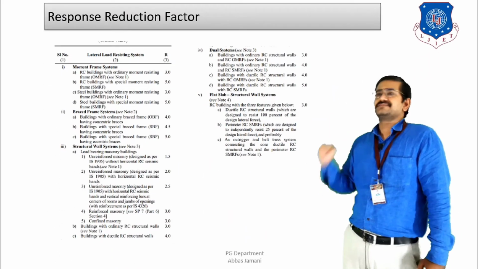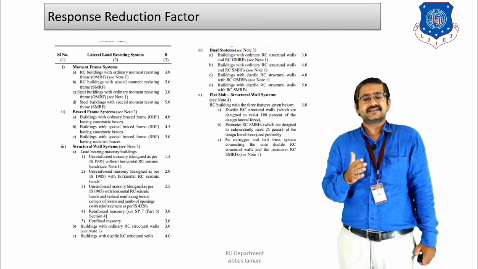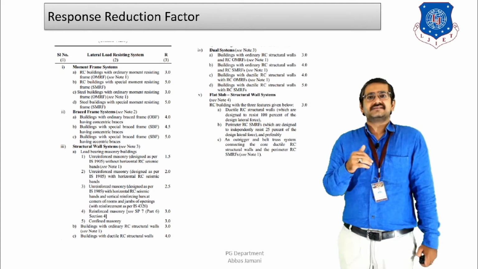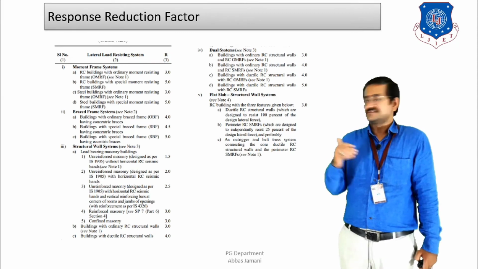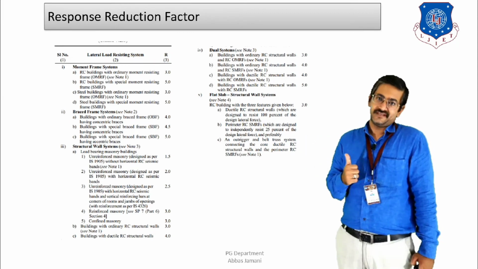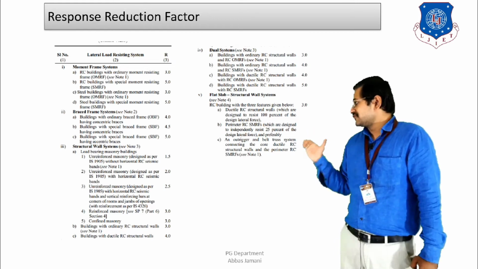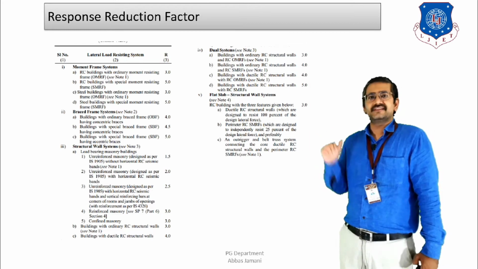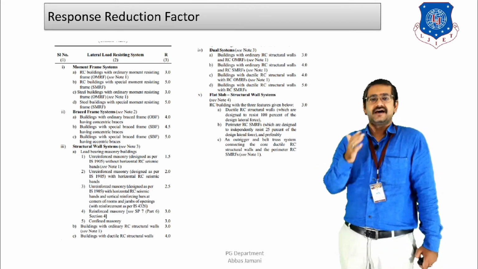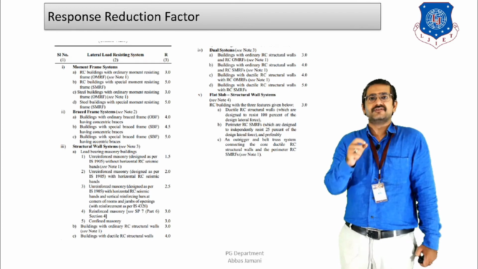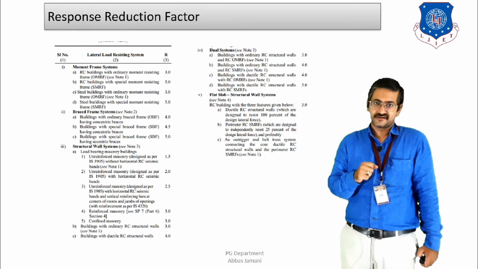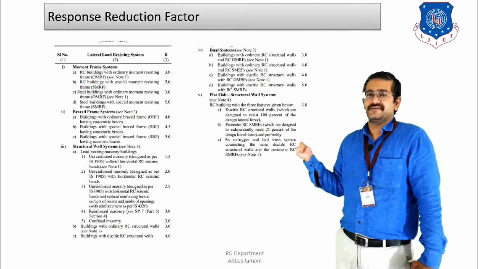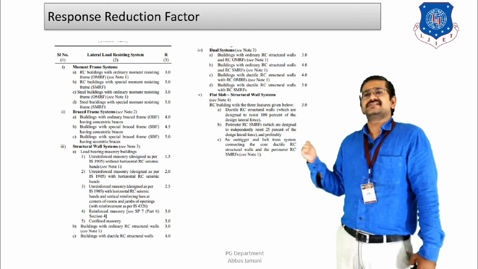Next, we talk about the response reduction factor. Now, the response reduction factor is associated with the structural system, and based on the structural system, you will be able to select this value from the table given over here, right? Broadly, these values correspond to 5% damping that we are going to consider in the structure, because for RCC structures, the code suggests that the damping ratio should be considered as 5%. So when you take 5% as the damping ratio, the response reduction factor should be taken as mentioned in the table.